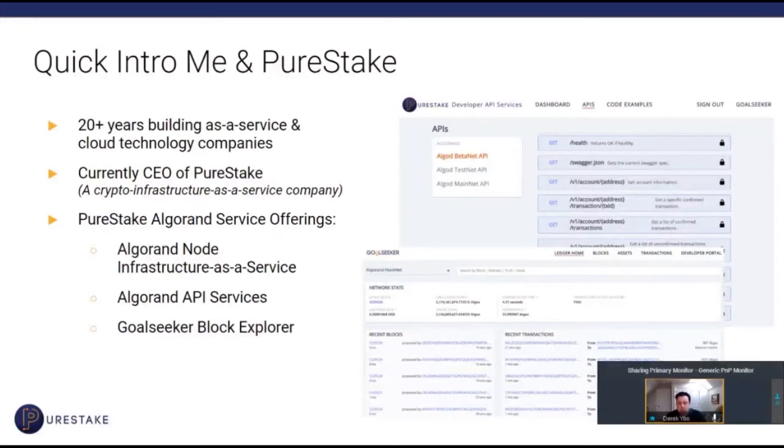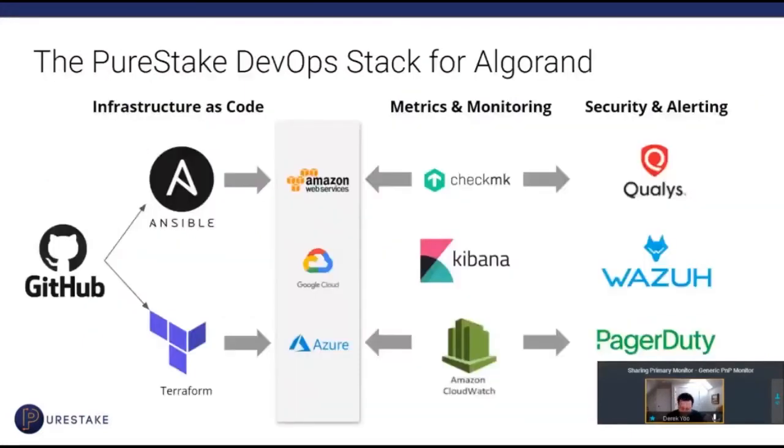Before I do that, I'll just take a brief moment to talk about what's underneath those, because that's a little more difficult to show. When you offer an infrastructure as a service, the key part is to make sure that it's secure and reliable, right? If other people are going to be using your service, their application is only going to be as reliable as the underlying infrastructure. So we've done quite a bit of work around automating both the setup and the management of Algorand-based infrastructure using what's called an infrastructure as code approach.